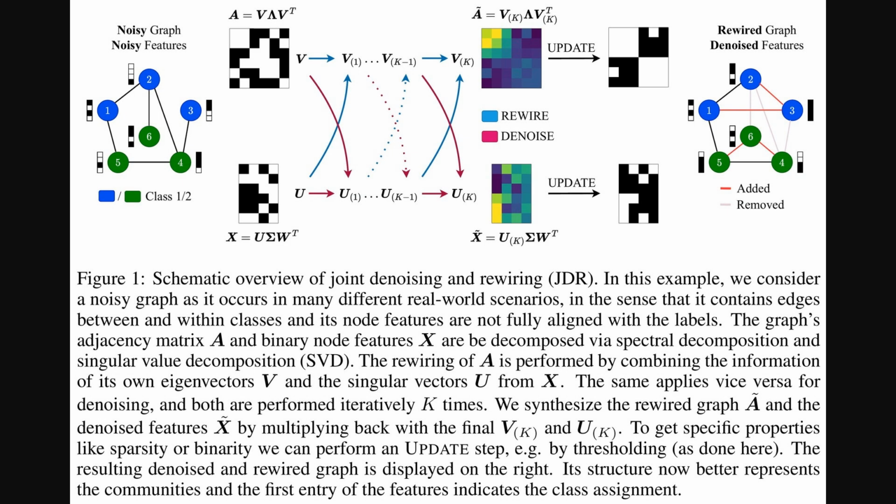Alright, so let's look at how this JDR method works visually. This schematic starts with a noisy graph on the left. Its connections and features aren't really aligned with the node classes. The process involves taking the graph's adjacency matrix A and feature matrix X, performing spectral decomposition, then iteratively refining and combining their spectral information. The result, shown on the right, is a cleaned-up graph with better community structure and clearer